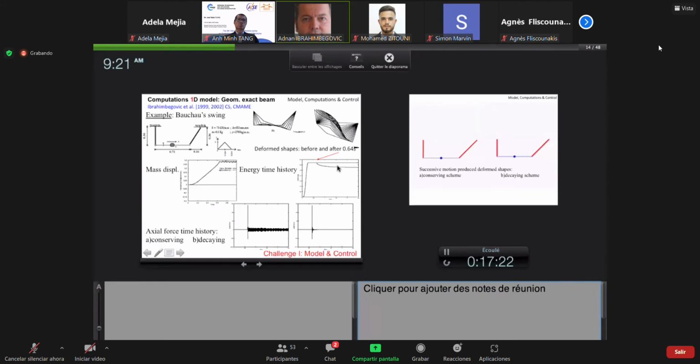and we can capture that with a scheme that I'm going to comment on. Basically, if you take an energy conserving scheme and look into the axial deformation and axial force in this flexible link, you can see that following this event, when the axial impulse is introduced in the link, you have